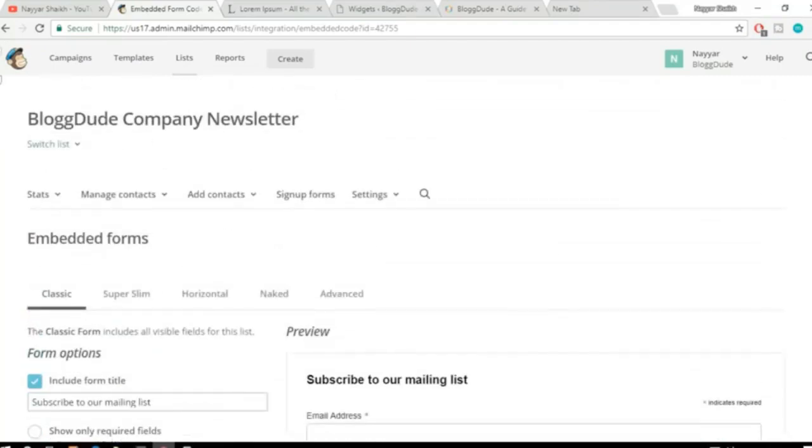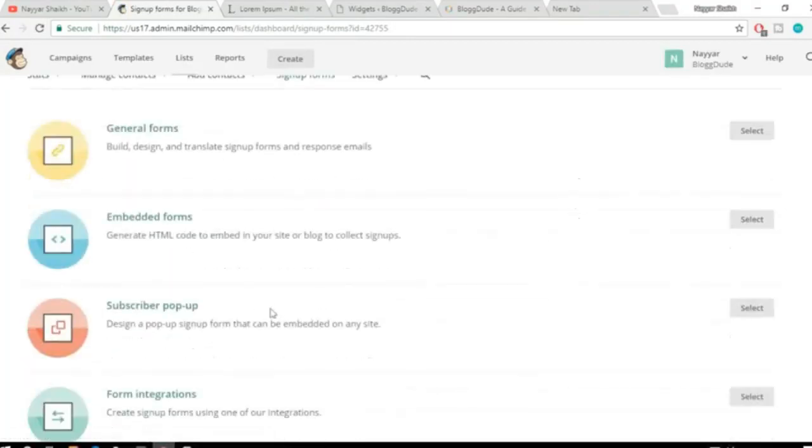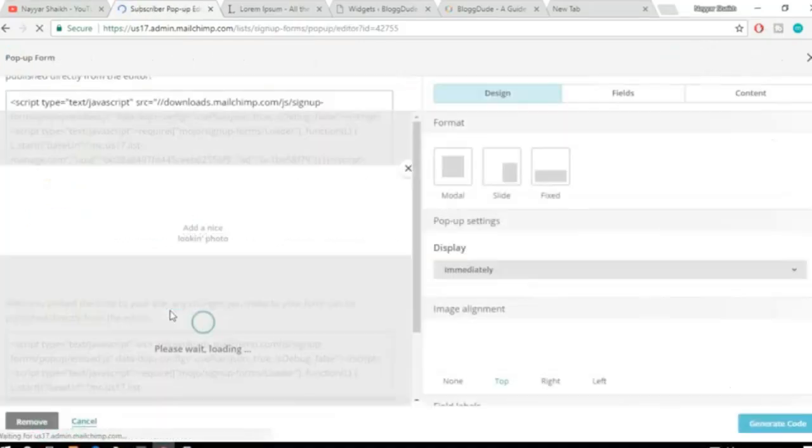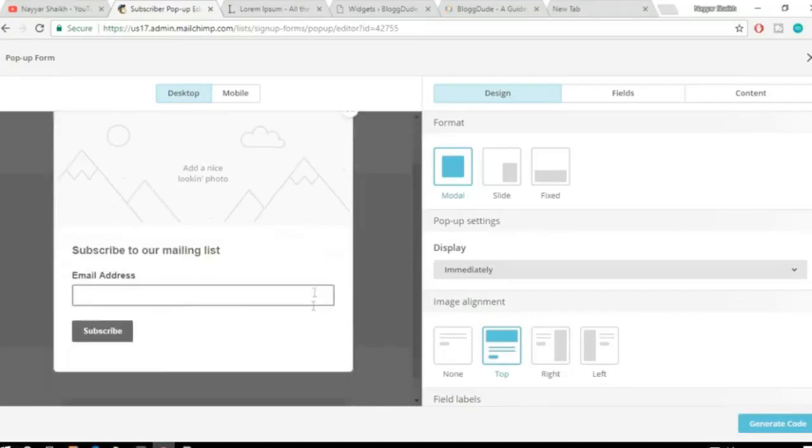Okay, now click on sign up forms again. Let's see what all we have next. We have the subscriber pop-up forms. Let's select this, clear, and let's see what this pop-up form is. So this is the pop-up form. I'll show you how to create this, but I don't recommend this. I'll show you how to create different pop-up forms using Sumo later on in this video, and I'll also tell you why not to use this in just a moment. Okay, stay with me. Let me first show you how to create this